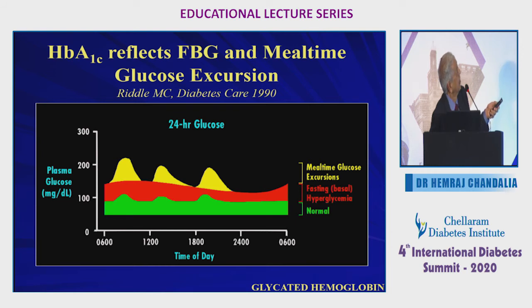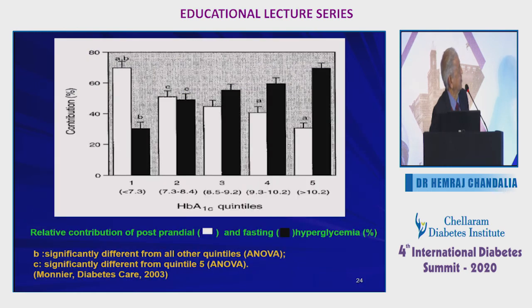You see, now the glycemic excursions are very important. We know that this is the normal glucose profile of a non-diabetic: basal, and very small excursions. And the diabetic: very high basal, and very severe oscillations of blood glucose. You see, this is the profile. So when you do A1C, does it reflect more of the fasting blood glucose or the prandial? Does any of these values have more contribution towards the A1C?